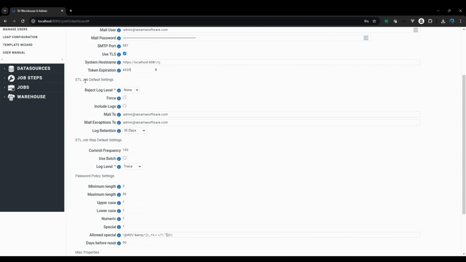Moving on to ETL job and ETL step default settings, this is where you'll configure the job notification email. You can choose to include logs or just retrieve the last set of logs from the server. The log debug level can be set to debug or error, and if you select none, the logs will not be included. For ETL step default settings, these apply to the individual ETL job steps specific to the ETL data